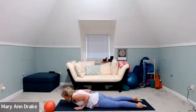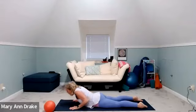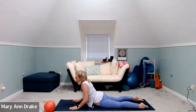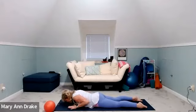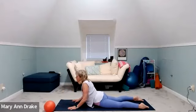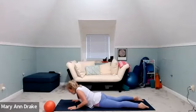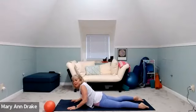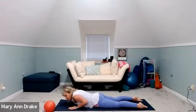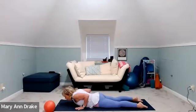Pull the elbows towards one another. Inhale to a little cobra. So keep the elbows bent right here. And then exhale, touch down. Once again, inhale, cobra. Exhale, press down. And once again, cobra. And then tap down, sliding the hands a little further back towards the rib cage,